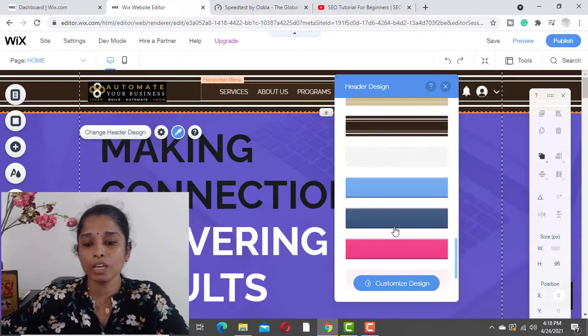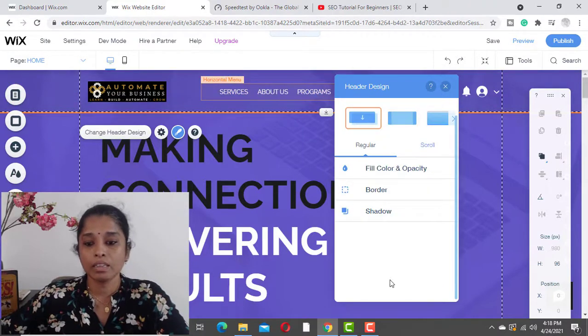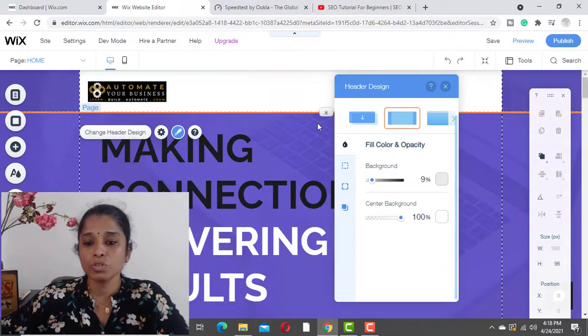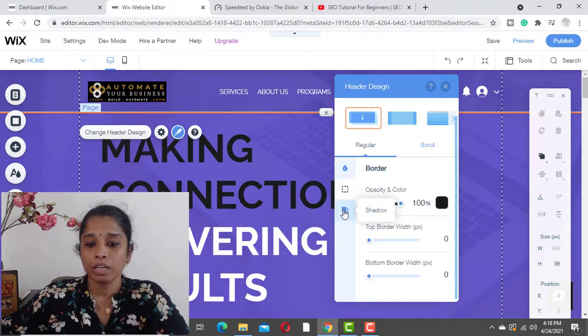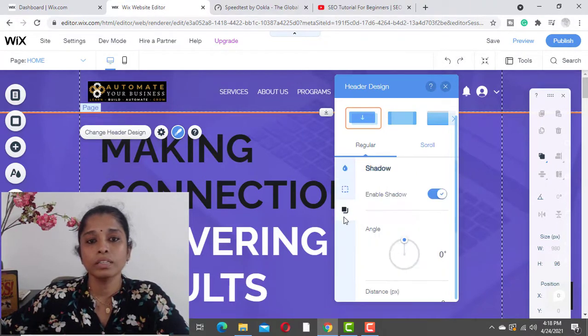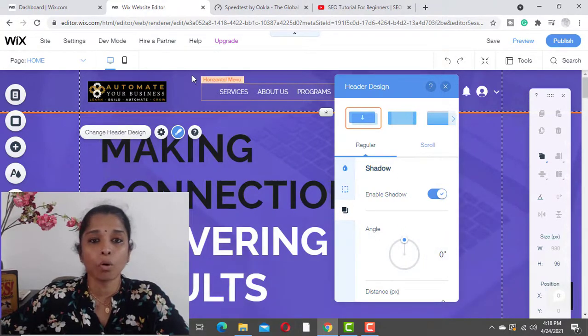You can select any one of the headers from here, or else you can do your own design by using this customized design. Click customized design and you can choose any of the patterns from here. If you want to change the color, you can change the color, background, and also the shadow of the header. By using this you can customize your own header design.